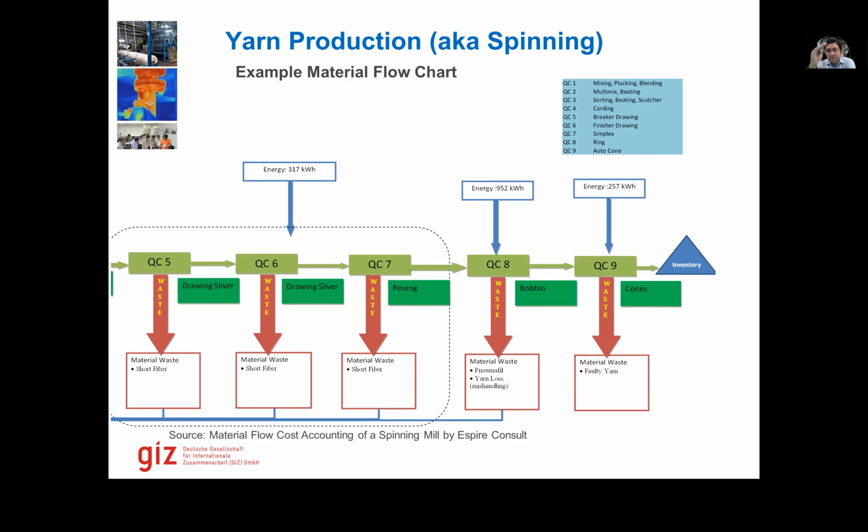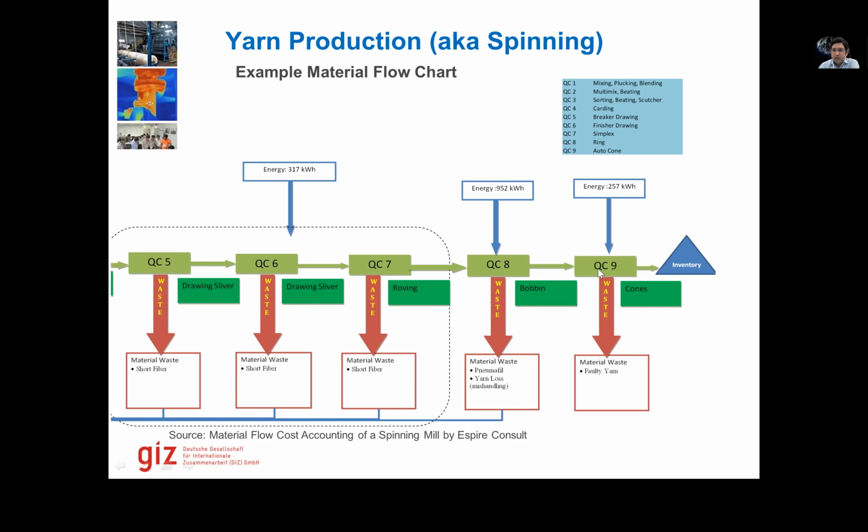Then these bobbins go to the next process, called autocone, or the coning process. This is where the bobbins are loaded onto the machines and converted into cones. These cones are sold in the market, or if you go to weaving mills, you can see these cones lying around in the stores. So this is how the process is. All of these processes have electricity consumption, and autocone has very high consumption, and the ring as well. These two processes also have very high consumption of compressed air.